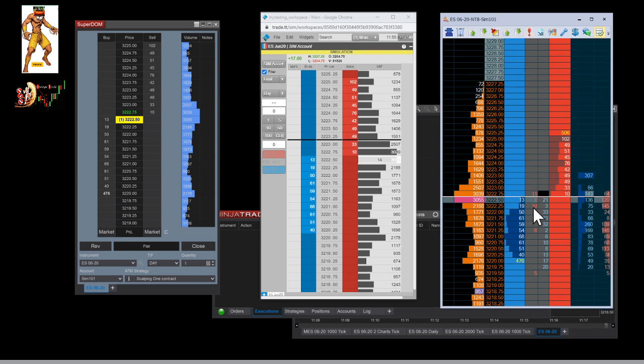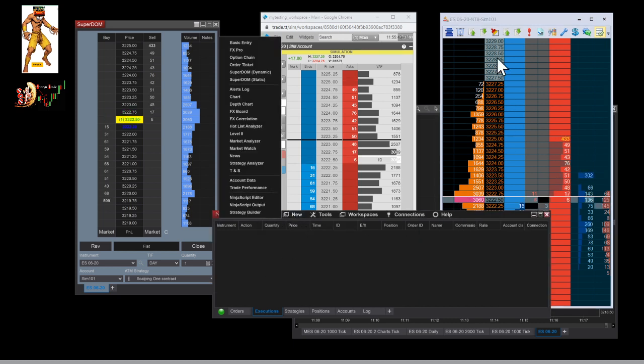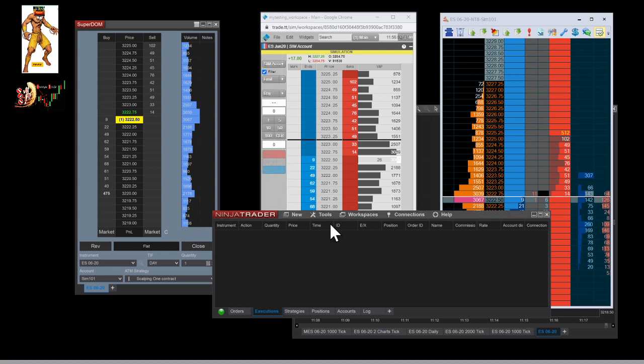So this thing is connected directly to my NinjaTrader. So to do this, I basically connected. The advantage also of Jigsaw is that you don't need to purchase a new data feed. You can utilize the data feed of your NinjaTrader. So for this, I do Market Analyzer.